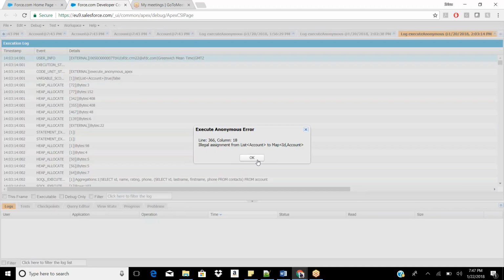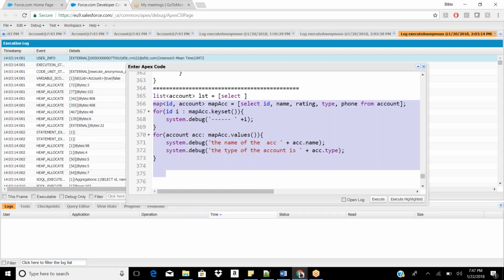List account to map ID account. Illegal assignment from list to map. So why we got this error? Because we got the same error before. Any idea? Whenever you write a query like this, always this type of query is going to return a list. Okay, so when you are using map, you have to define map like new map